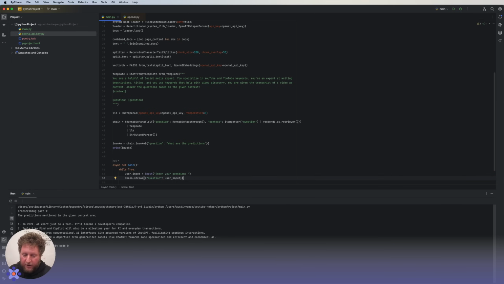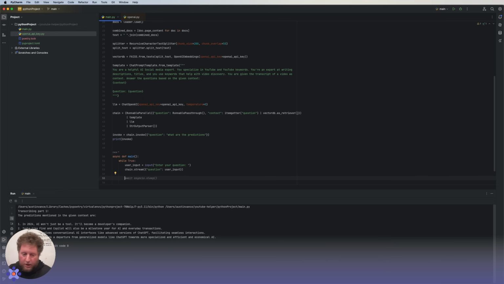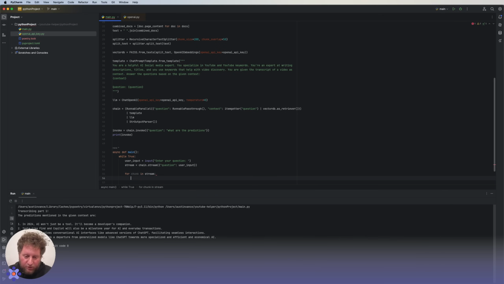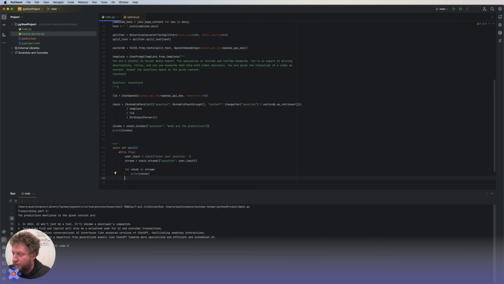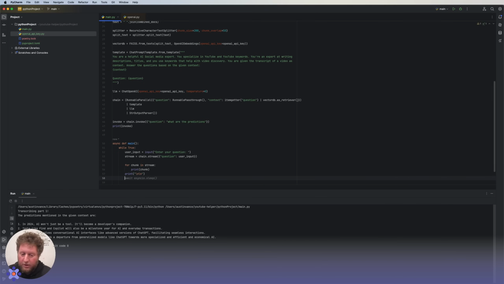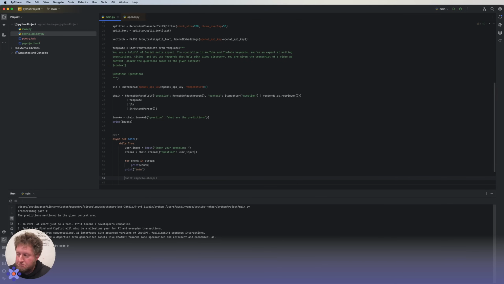So now we're going to pass that in, and we have a generator that will stream out what's coming. And then we can say, for a chunk in stream, which is pretty standard, we'll just print our chunk, and after that prints all out, we can print a couple line breaks or something, and then run our program.